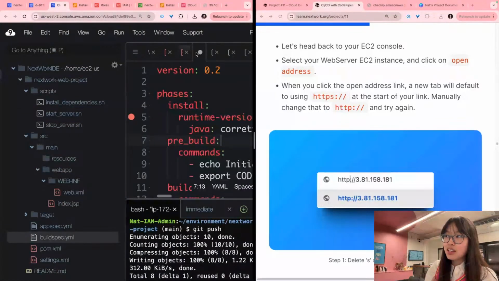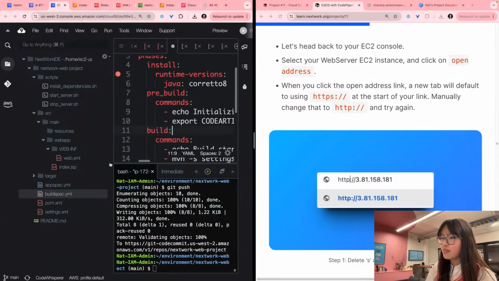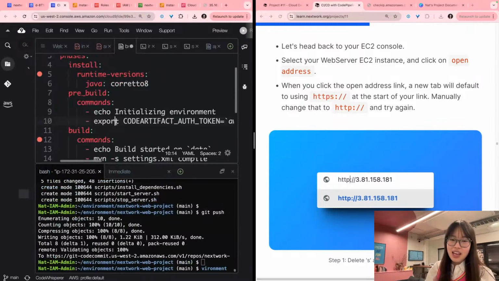Oh, look, there's a circle here for buildspec.yml, which suggests to me that it wasn't actually saved. Should I save this and try it again? Would that be worth it? I think it could be. I think this could be it. So I'm going to press Command S here, which saves buildspec.yml, saving the changes that I've made,